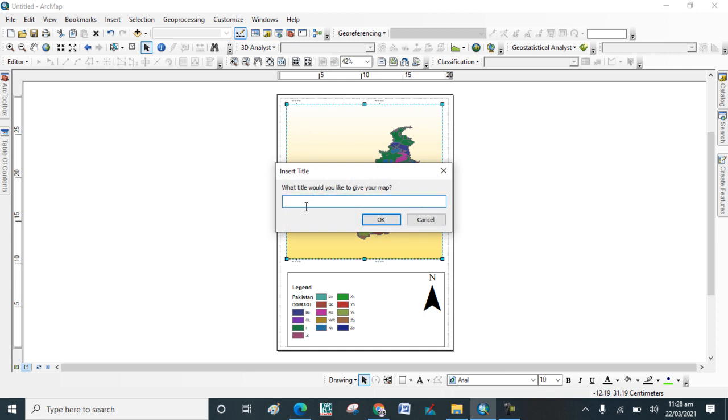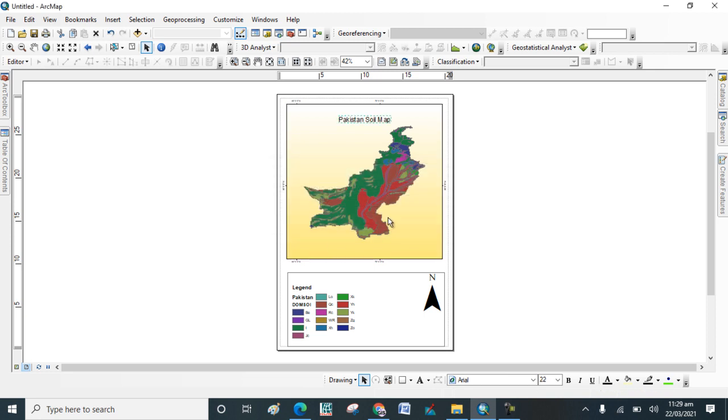Here you can give a name to the map. I just gave this name to the map, and here you can put it at the center.